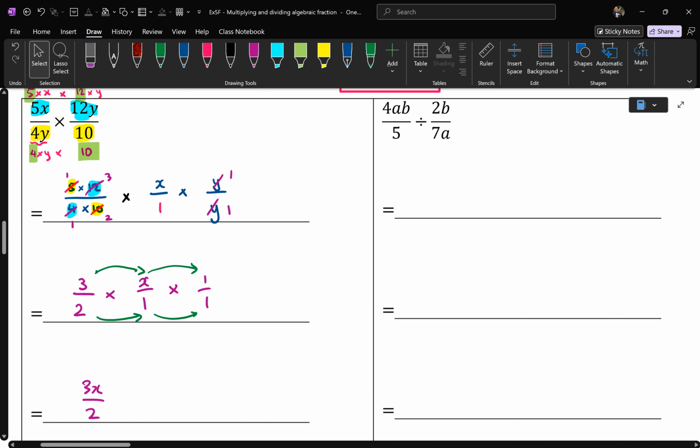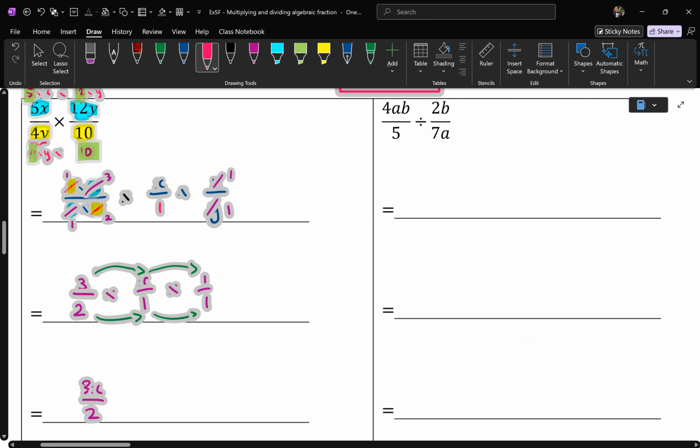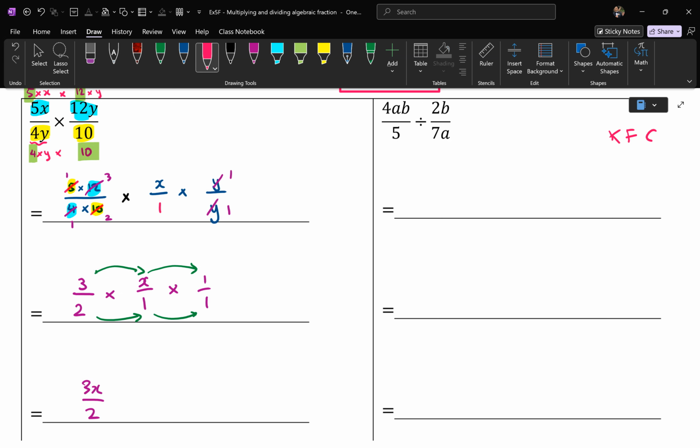Division. I think it was this class that taught me. Division, you had an acronym, KFC. Keep the first, flip the second, change the sign. Yeah, so that's what you say, KFC. Keep the first fraction, flip the second fraction. So I'm going to flip the second fraction. And then you change the sign. So here we go. Your next line should then be